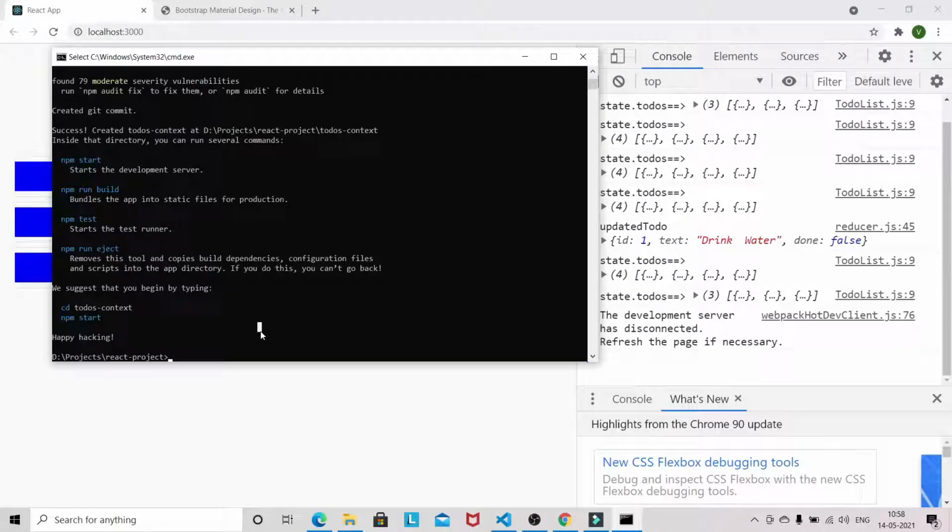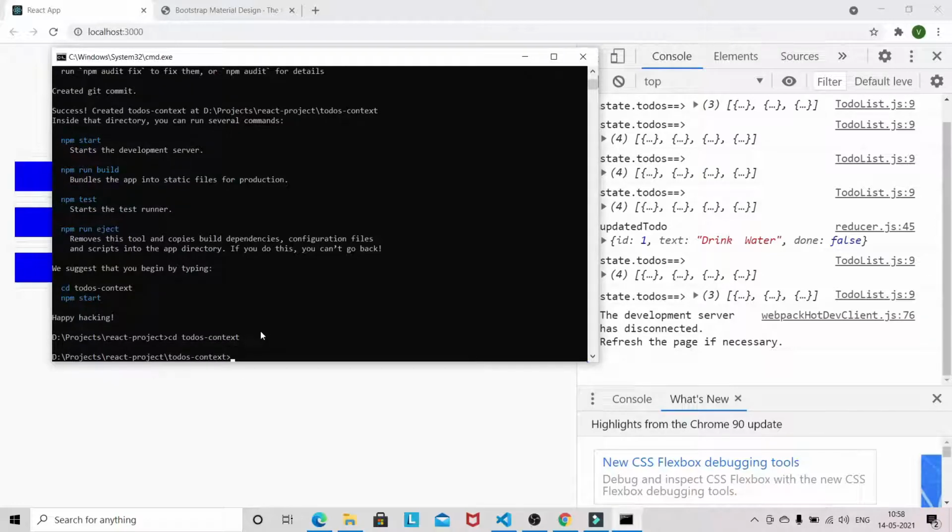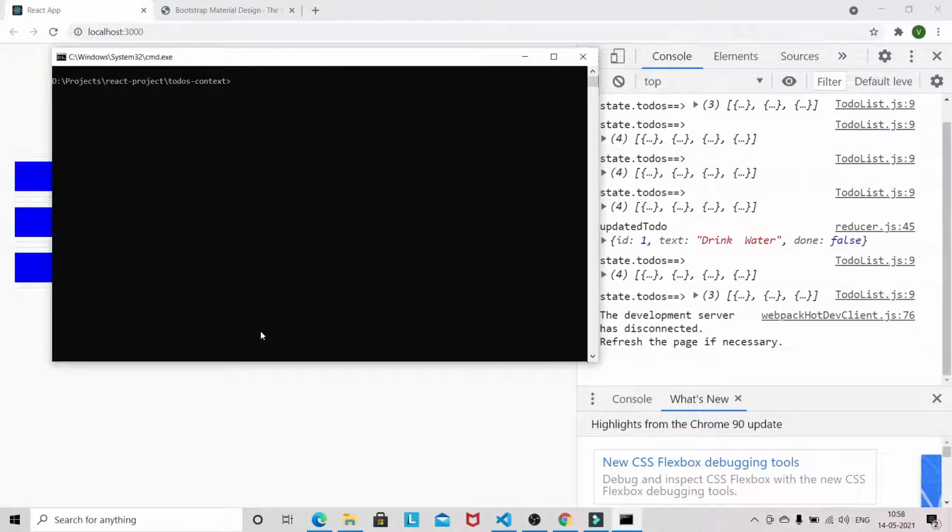We will move into this directory todos-context, and we will install some packages here. The package will be npm install antd.